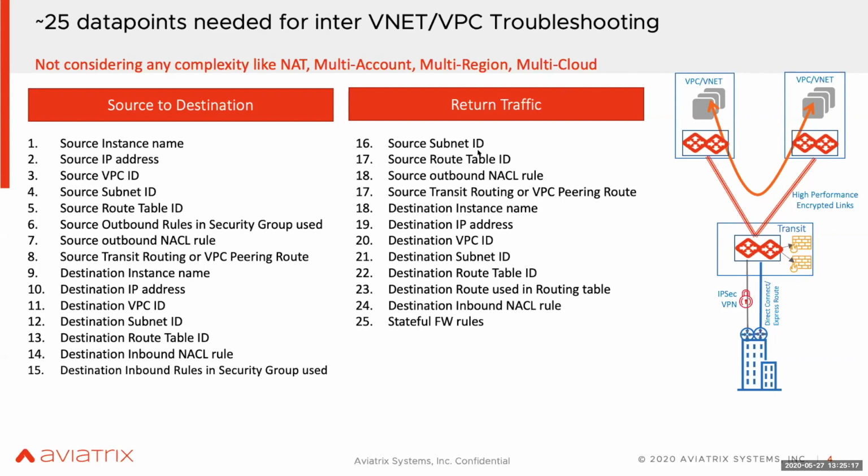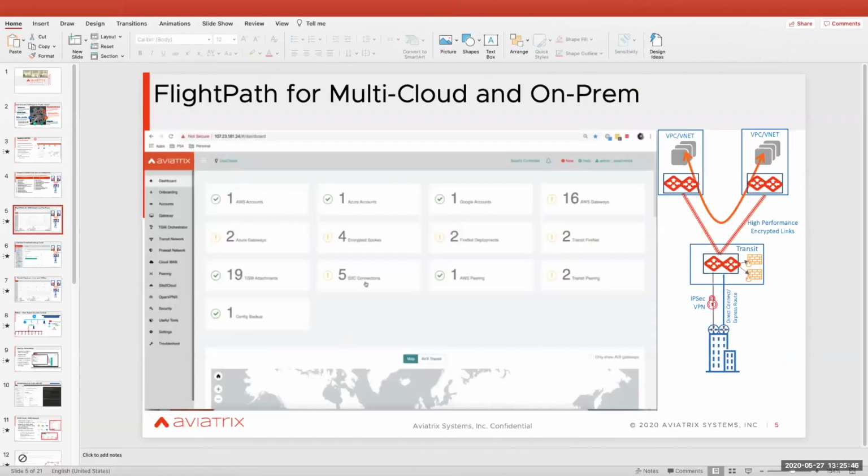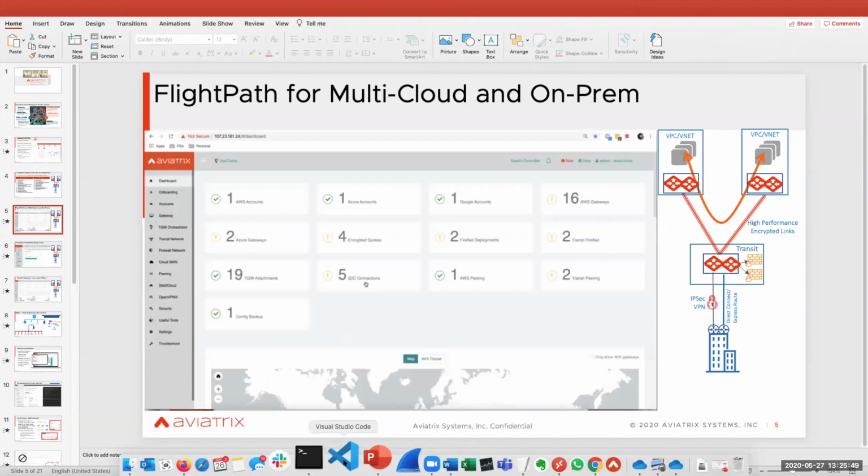Because what I'm showing you is an example where these two instances are in one single cloud, one single region. And if you want to troubleshoot this simple connectivity between these two instances, you will have to go through all these steps, at least 25. And I'm not even considering the complexity of NAT and the multi-account and multi-region, right? So you get the picture. So if I again try to be bold, I can actually show you the demo using my